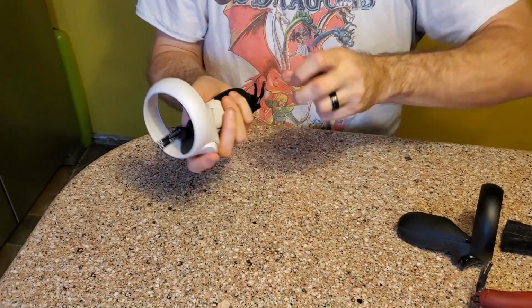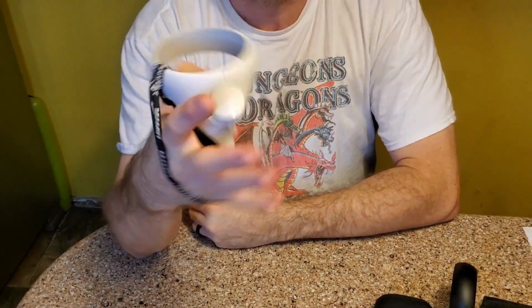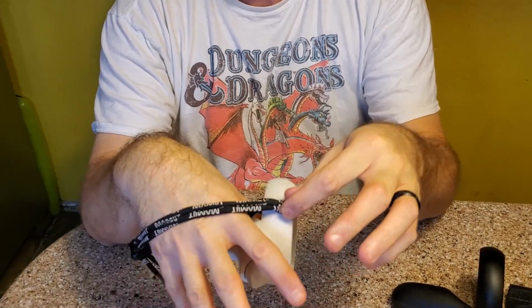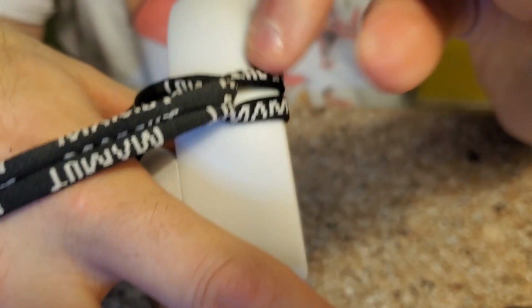It's hard to do this one-handed. Okay, there we go. I got it. Okay, so now you can see we have the similar design from the 1. And again, I want to point out that this is putting all of this pull and all of this tension